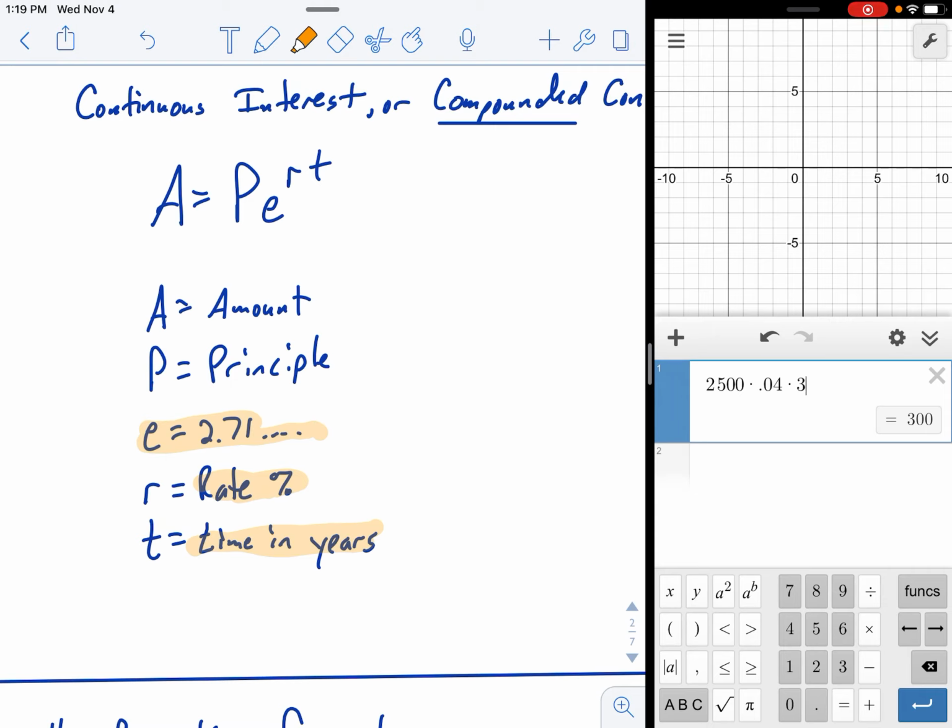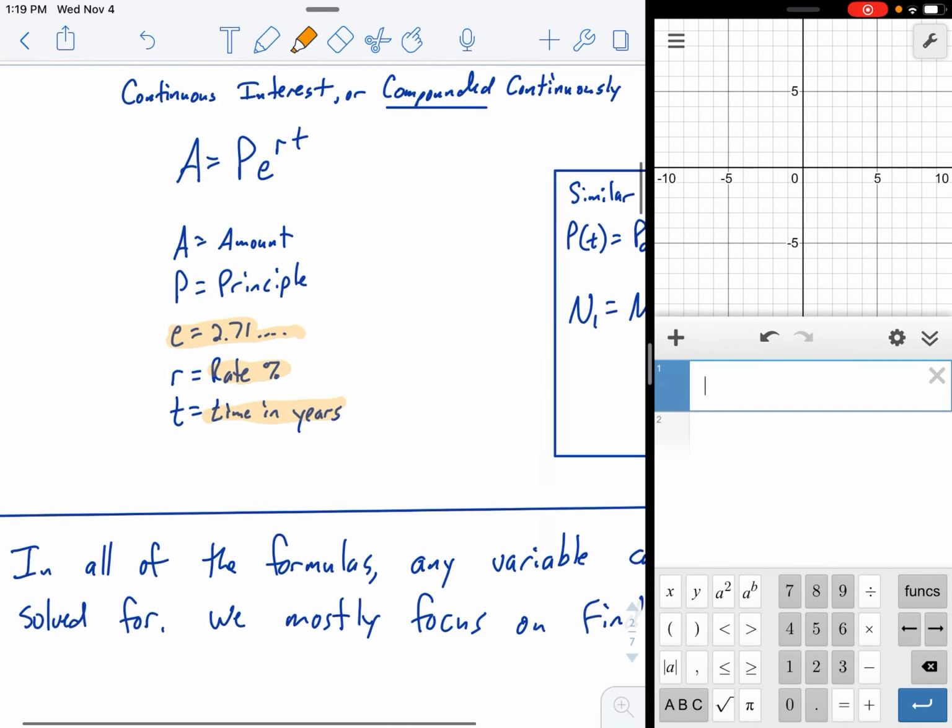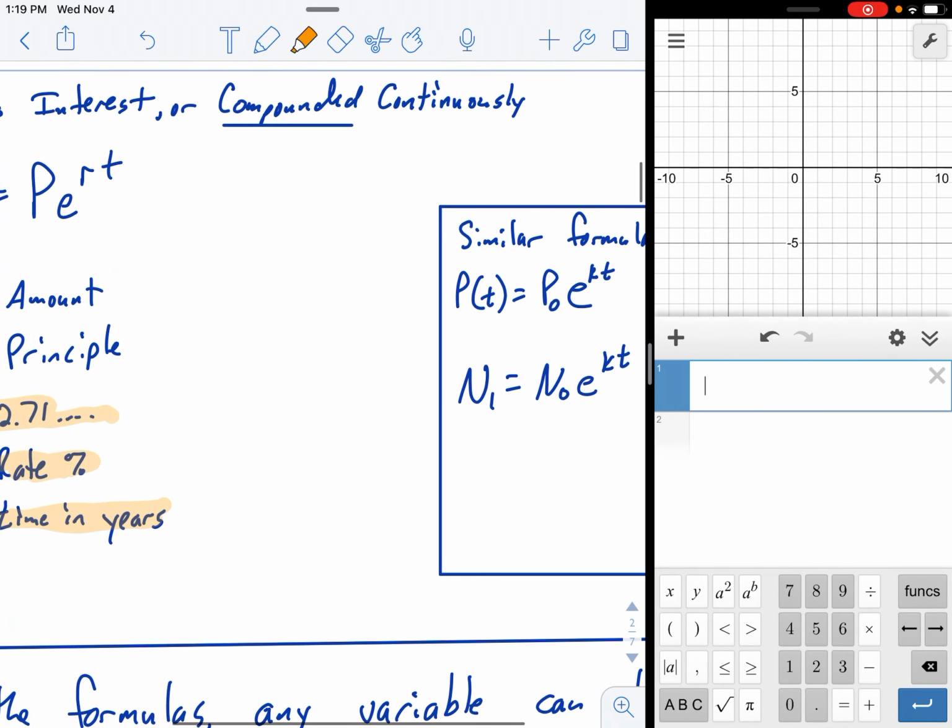Now you might say, oh, infinite interest means infinite dollars, and that doesn't make any sense. It is infinitely many times the interest is charged, but each time it's charged, it's extremely, extremely small. So it does still work out to be a finite number, an actual real number answer. All right, before we get into the actual problems, because we're about done with the notes,